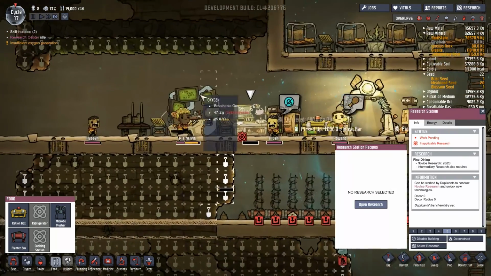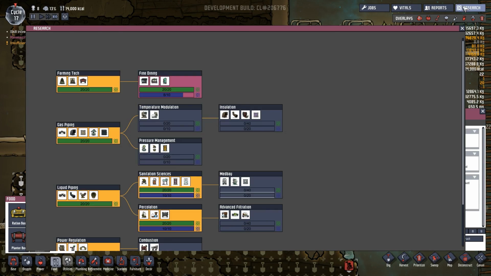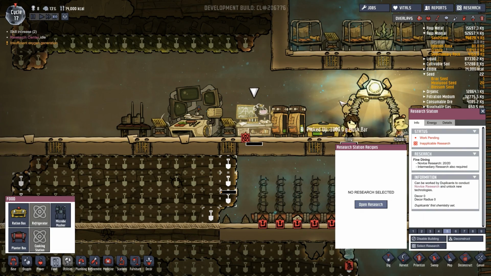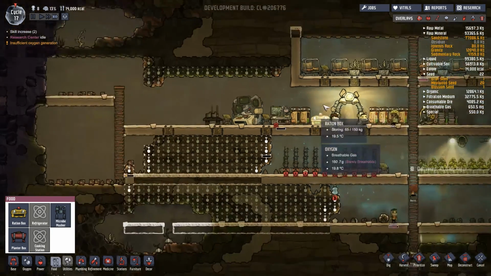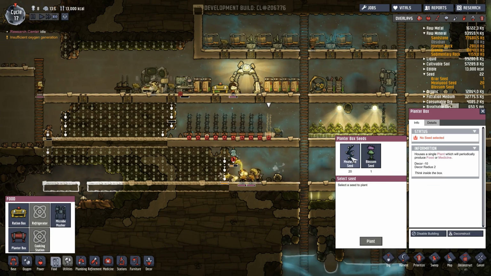And research Sentinel. Research Sentinel. We just got research done. Nah, he's still working on it. That's alright. It'll let me know. It'll let me know when that's ready to go. But here, hopefully, we can...